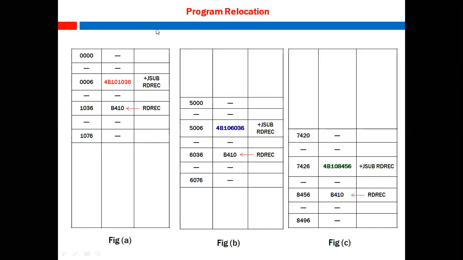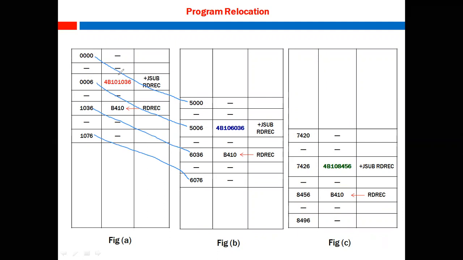Now suppose in the program we wanted to relocate this particular program. Suppose we are relocating it from 0000 to 5000. So relatively each instruction or each memory location will be changed. That is why we call it relative addressing. So relatively it will be changed. Now let us assume this chunk of memory location is free, so the program is relocated to this. So 0000 becomes 5000. Now 0006 becomes 5006.